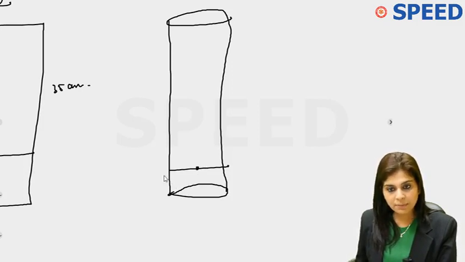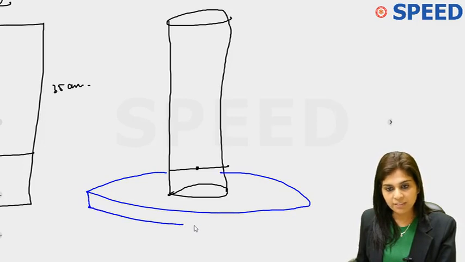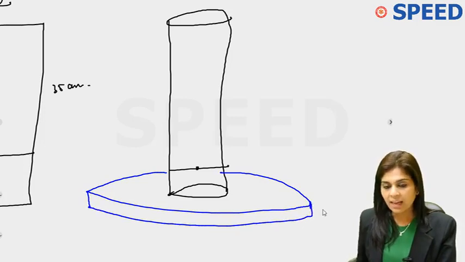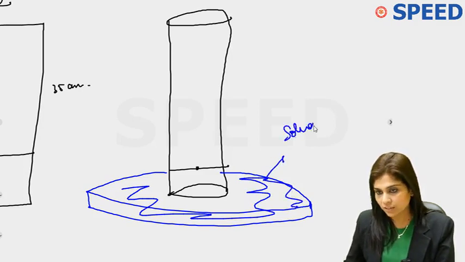You must have seen a petri dish, right? The one which is used for applying colonies, E. coli colony plate. So a bigger version of that will be used. So it is placed on a petri dish. And this petri dish will be filled with the solvent that is used for amino acid separation.